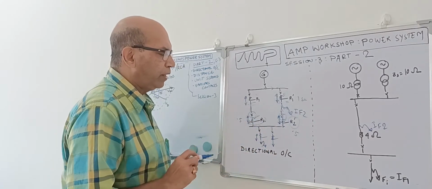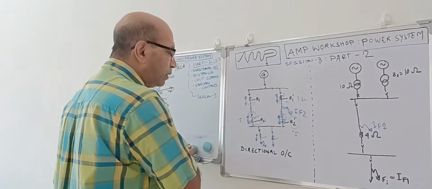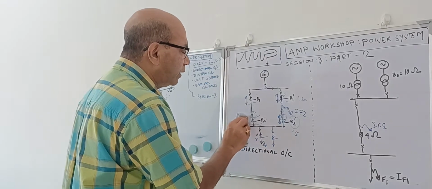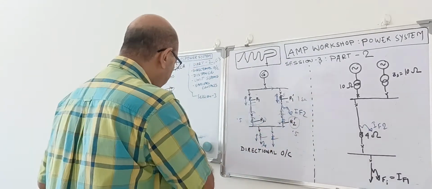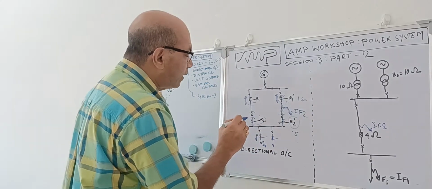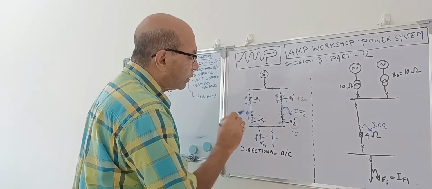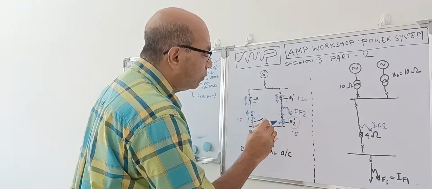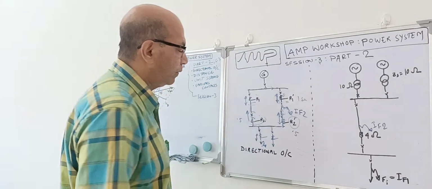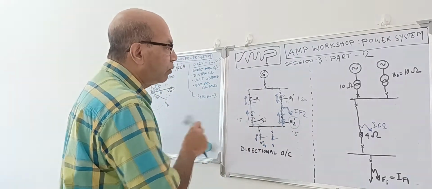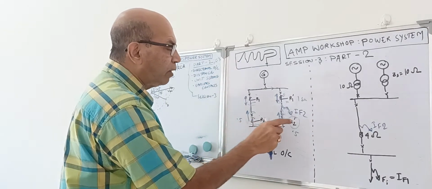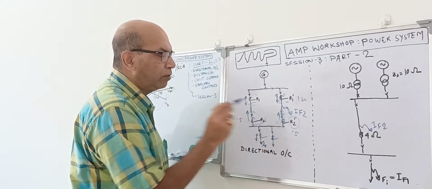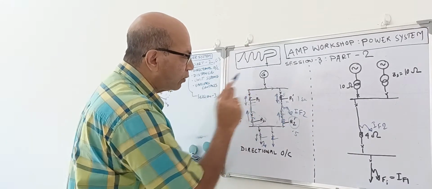So what will we do over here? To avoid this, if we can put a relay in this position, that relay will look only in this direction. And here we'll put this relay R2, it will look in this direction only, in the upward direction. It will look towards the source. If we can make this type of arrangement in relays R2 and R2 dash, that the R2 and R2 dash relays will look towards the source only.